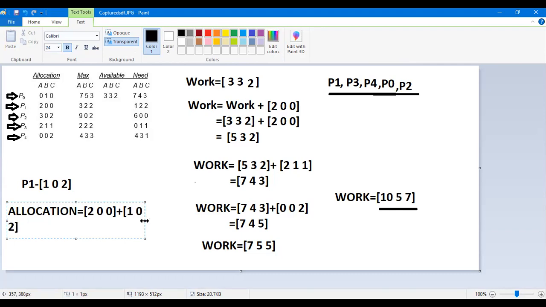New allocation of P1 will be this one because we are already giving this number of resources to P1. This will give you the new allocation as 302. P1's new allocation will be 302.